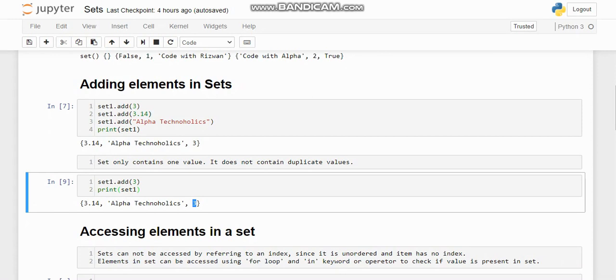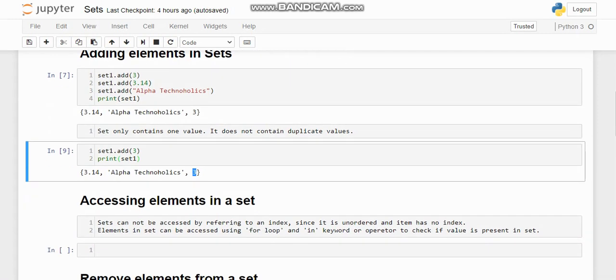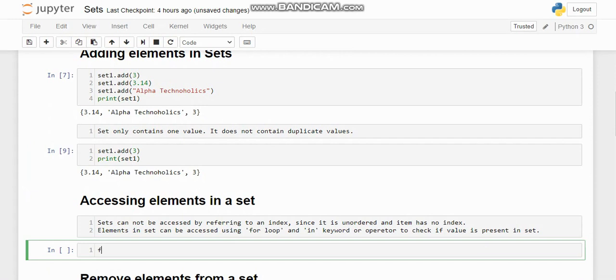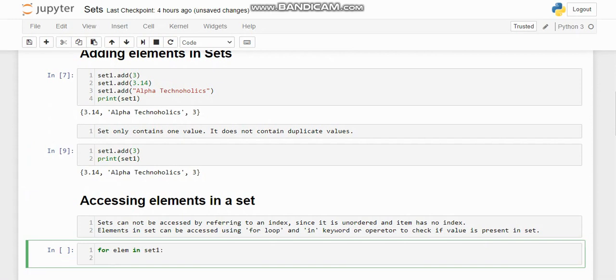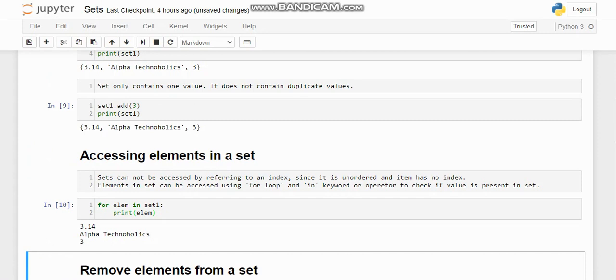Okay, elements in a set can be accessed using a for loop, and the in keyword operator can be used to check if values are present in the set or not. So if we just use a for loop like we used to do in a list, for element in set 1, then we can access the elements one by one present in the set.